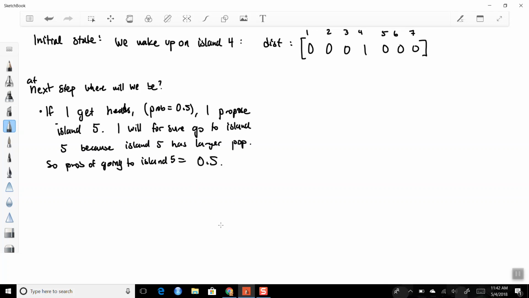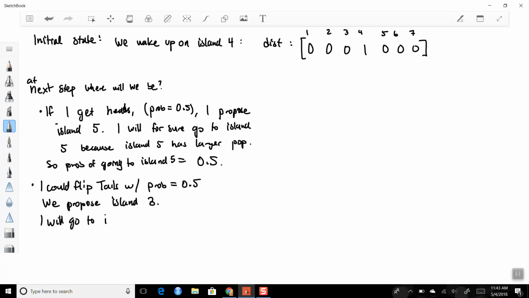On the other hand, I could flip tails with probability equal to 0.5. So we propose island 3. Island 3 is smaller than island 4, so maybe I'll go, maybe I won't go. So I will go to island 3